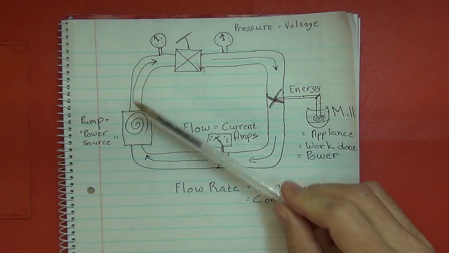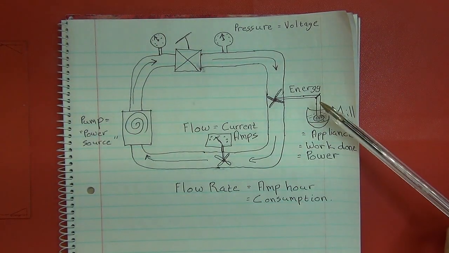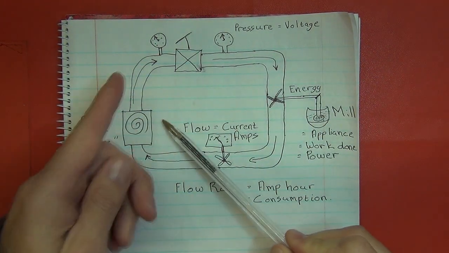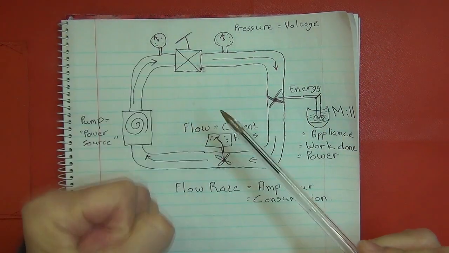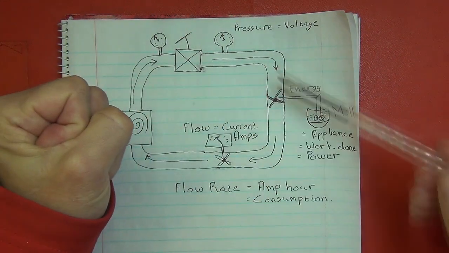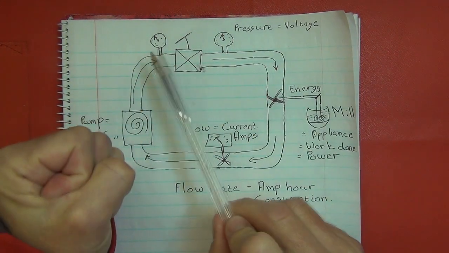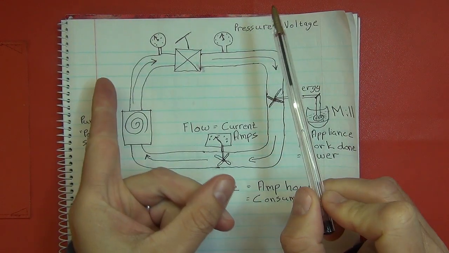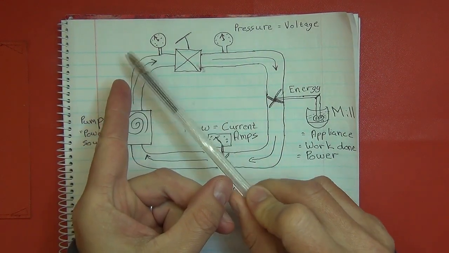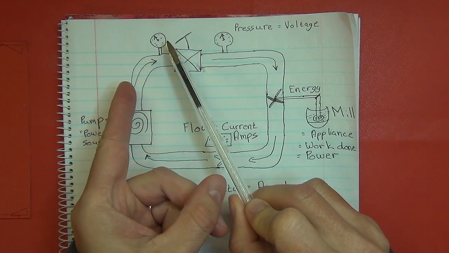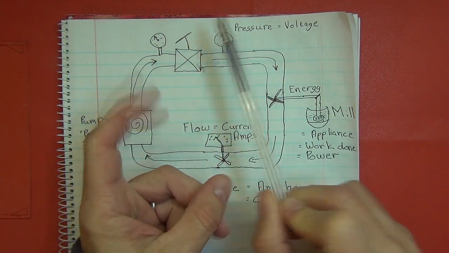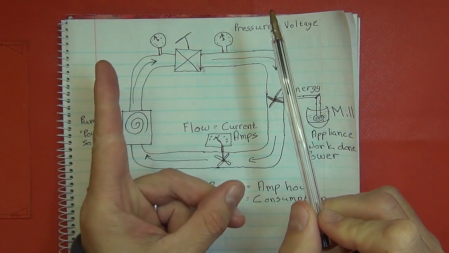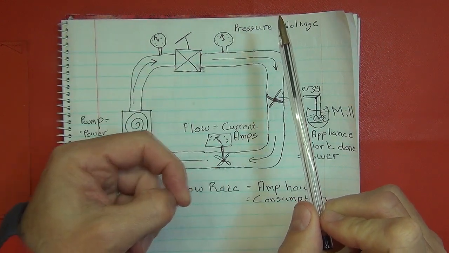Now equally you could still get your work done, as I was explaining with a saw cutting the piece of wood. If this pump had a piston in it that was pushing backwards and forwards instead of pumping in one direction, as you can imagine, your pressure gauges would be dancing around, going back and forth. And that's exactly in essence what happens with alternating current. Your voltage is then fluctuating up and down, positive and negative.